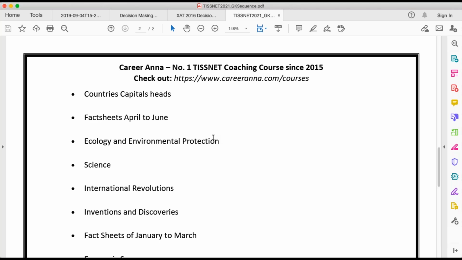Countries and capitals definitely yes, and currency you can study along with capital, but no need to spend a lot of time on currencies. On the environmental protection side, any government initiative, scheme, or policy around environmental protection or environmental disaster is what you should remember. That is all that is required from this topic, nothing else.